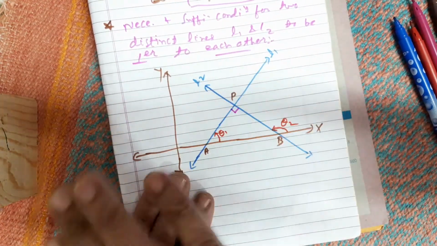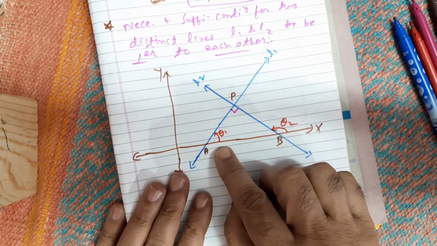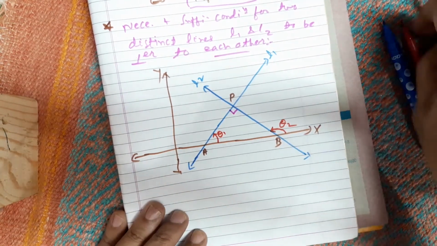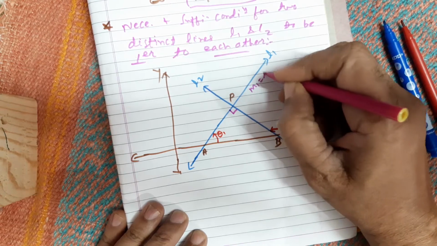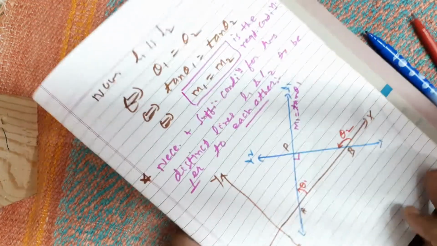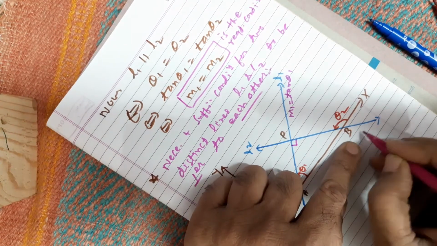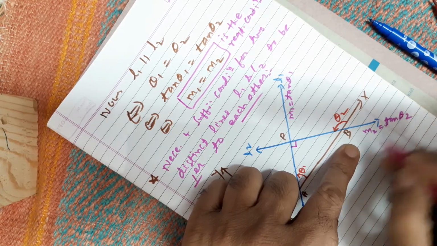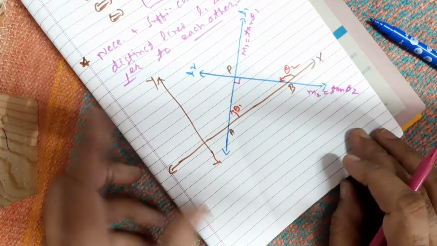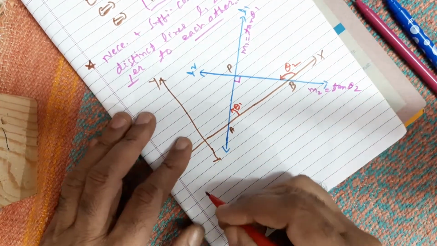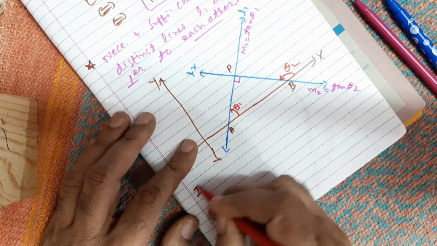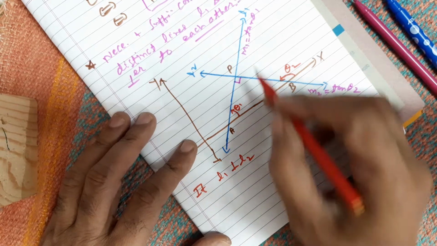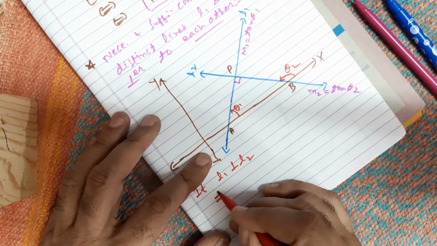I am not writing like the previous one, what will be the slope of L1, tan theta 1, what will be the slope of L2, tan theta 2. So that I am not writing in words. Here I am directly showing you M1 is equal to tan theta 1. Like this only I am showing. And the slope of L2 will be tan theta 2. I have just written it symbolically. Now here we see that if L1 is perpendicular to L2, then this double implies.